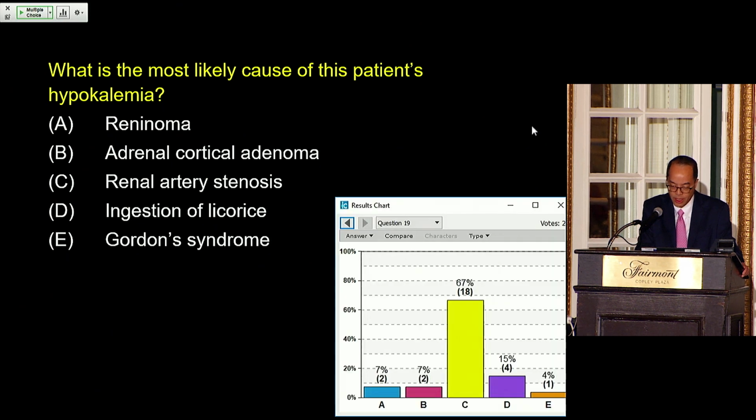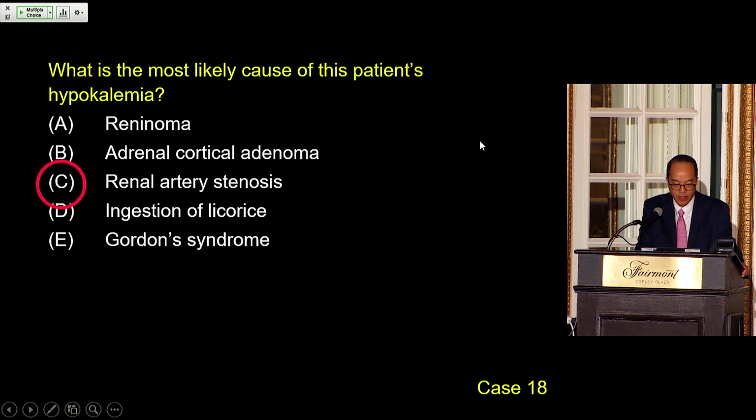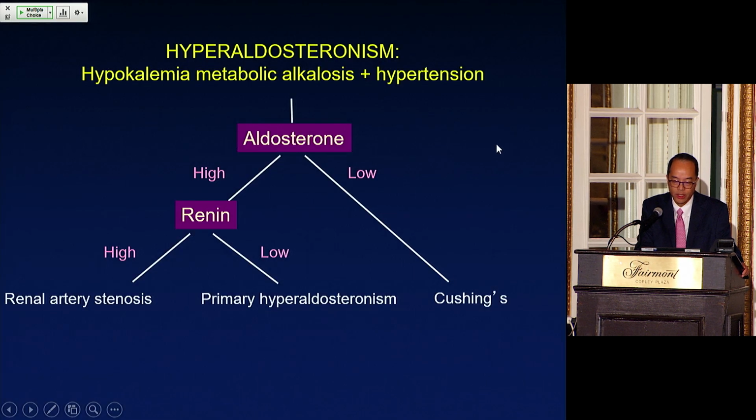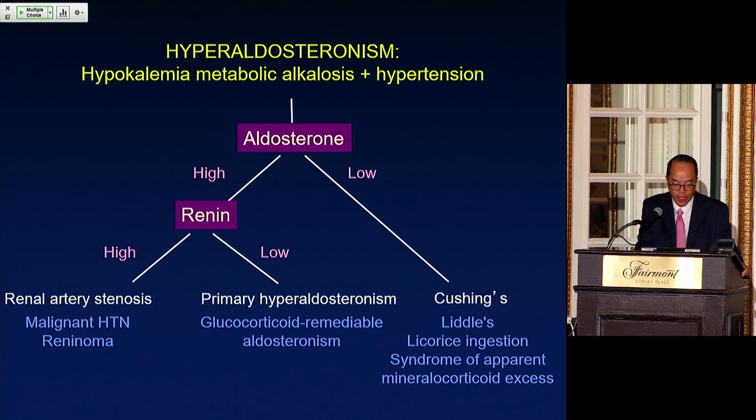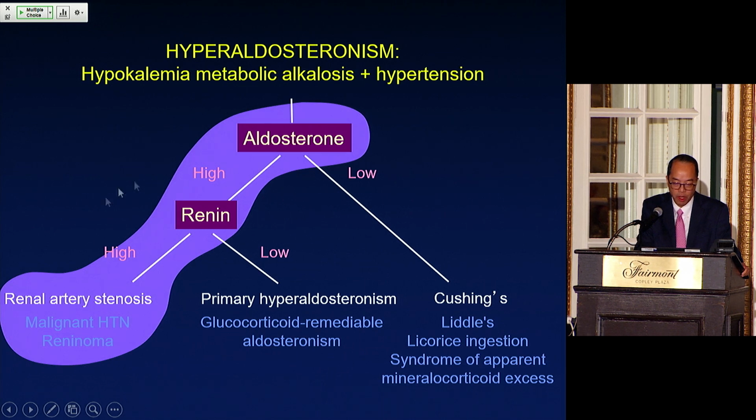Okay. All right, excellent. So most of you chose C, which seems to be the most likely cause. So again, this could be hyperaldosteronism, perhaps superimposed on previous essential hypertension. And if the renin and aldo are both on the high side, it's suspicious of renal artery stenosis, a very common problem in the elderly. And as I said, commonly we see this superimposed on prior essential hypertension, which is probably what happened in this patient.